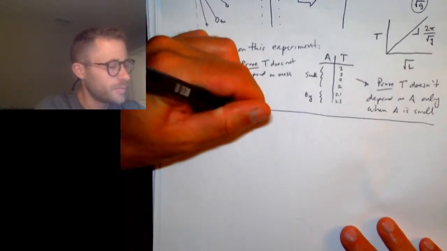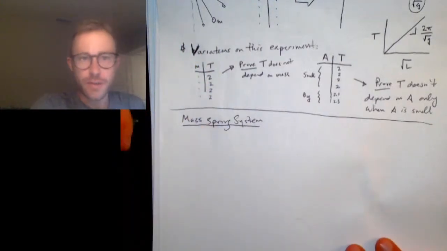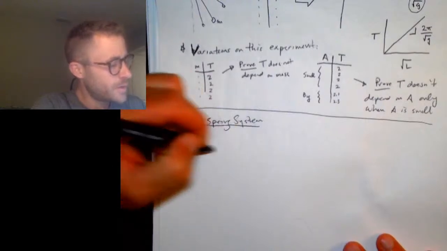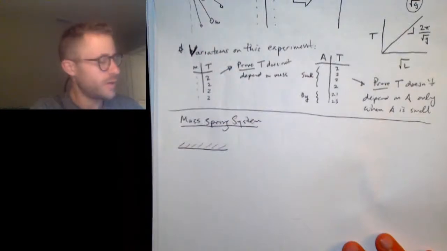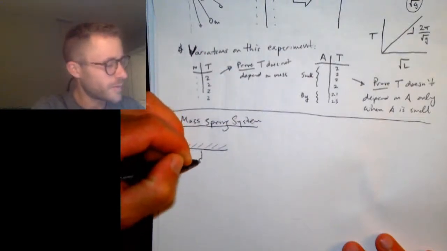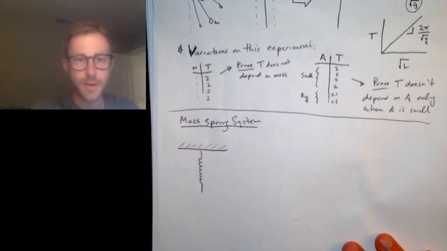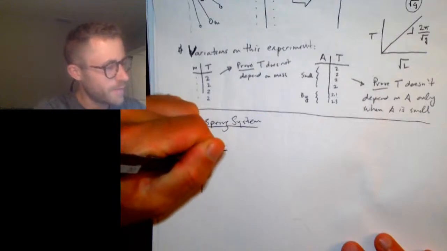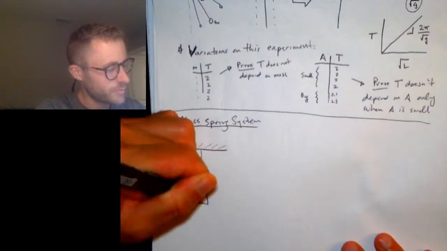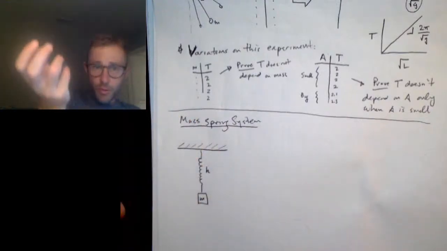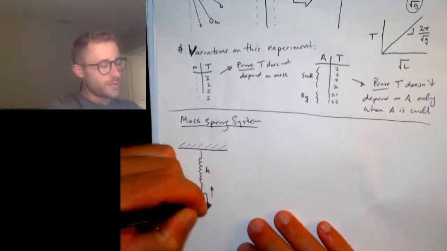And this system, the classic experiment that you can do is you have a ceiling and you have like a rubber band, and I'm representing the rubber band as a spring. Okay, it has a stiffness k, and you hang a mass from the spring, and you pull the mass down and you let it go, and so it will oscillate up and down,